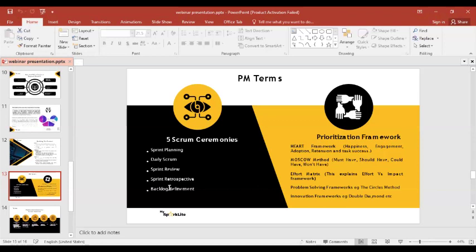You understand? But the determinant factor of which features or requirements will go into the sprint backlog is dependent on something they call user stories. Sorry, sprint points, Jerry. Sorry, sprint points. So sprint points are points you allocate to a certain user story to determine which one is going to take order of precedence. So now, what do sprint points mean?